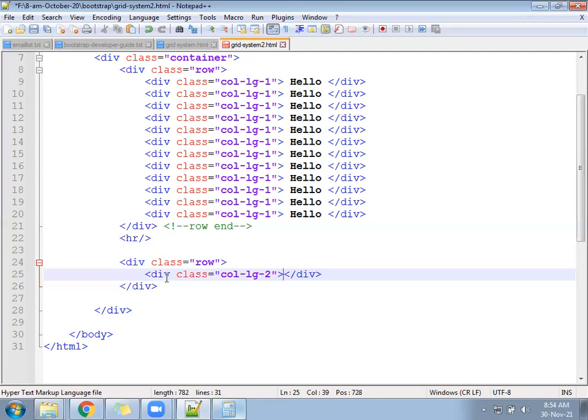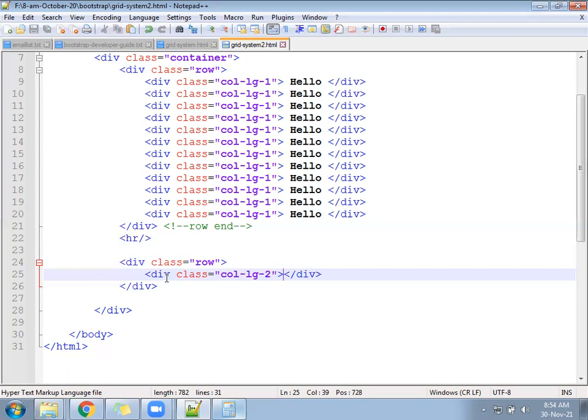So if you use col-lg-2, how many columns will come in this? Remember, in one row, the total columns are 12. In each row, the maximum total number of columns is 12. Suppose we give 2 here.